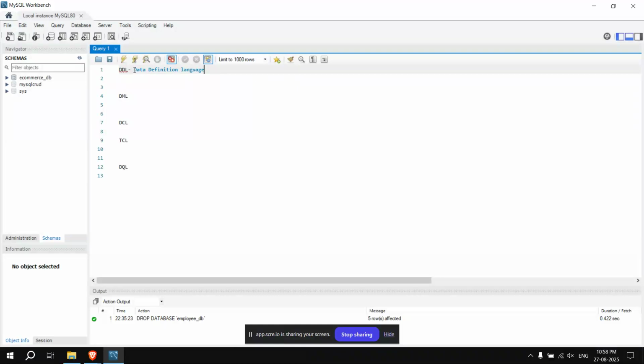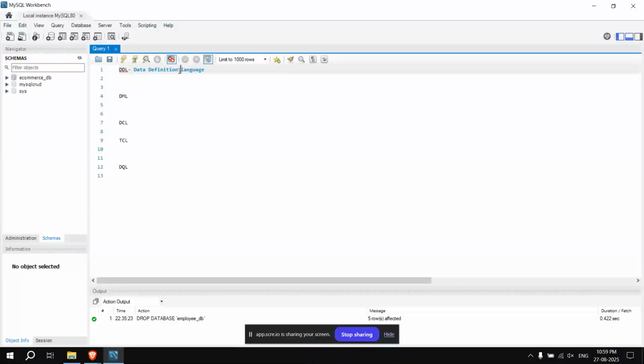As you can guess from the term, the definition means we use these DDL SQL commands to define or modify database objects.